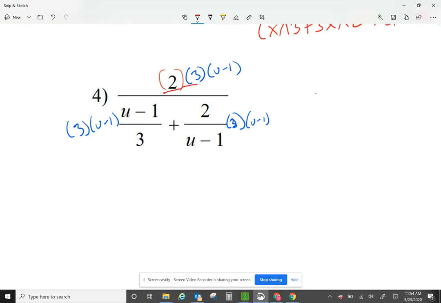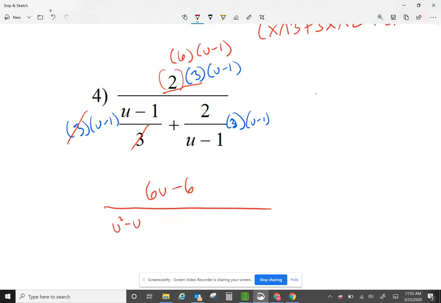Let me take a look at the first 2 parentheses only. 2 times 3. That gives me 6. And I have to multiply that with u minus 1. Notice I multiply the first 2 parentheses. Now let me multiply with the third one. So on the top I have 6u minus 6. Now let's take a look at the bottom. The 3's cancel out. U minus 1 times u minus 1, that's going to give me u squared minus u